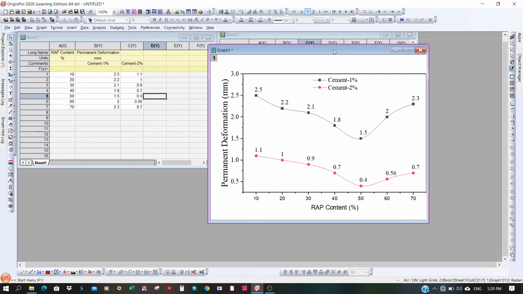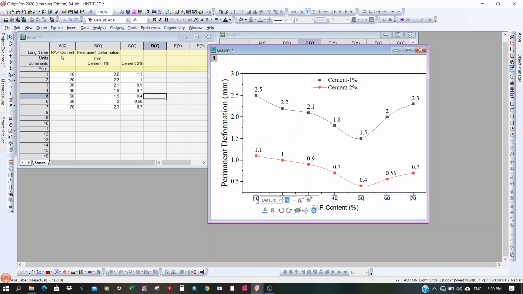Here you can see the labels and the legends as well as the formatted text for the x-axis and y-axis. The font style for this text is Times New Roman and the size is 32, and the scale values are Times New Roman, size 24.